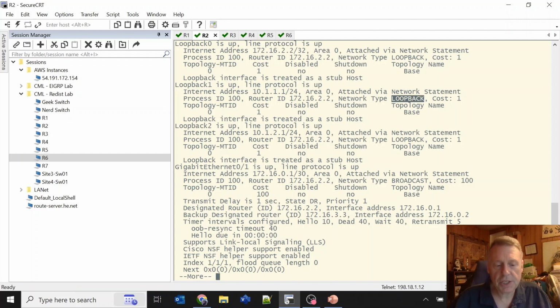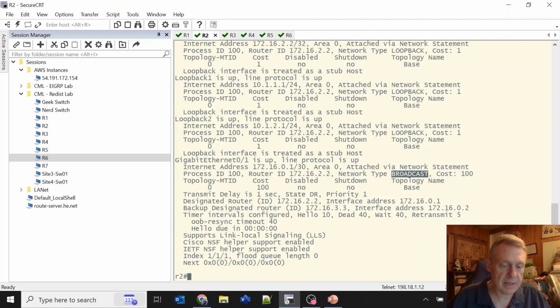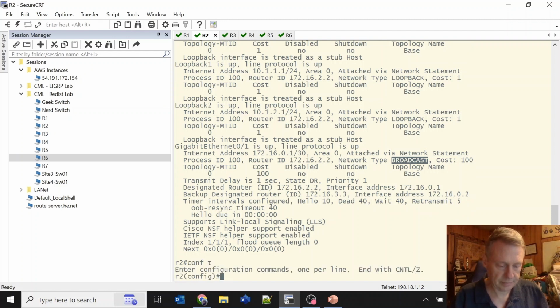And we're going to change our loopback 1 and 2 interfaces on these routers to instead be point-to-point. Okay. And then you'll see over here my G01 interface, right? It's set up as a broadcast. We're also going to change that to point-to-point. And that's going to get rid of our DR BDR status. So if I come over here,